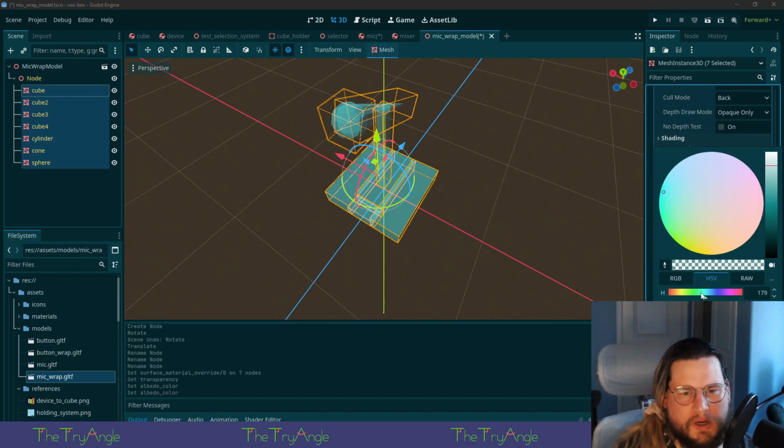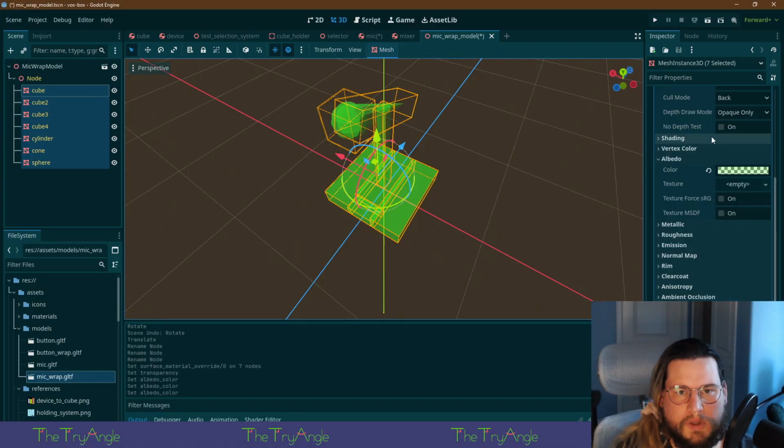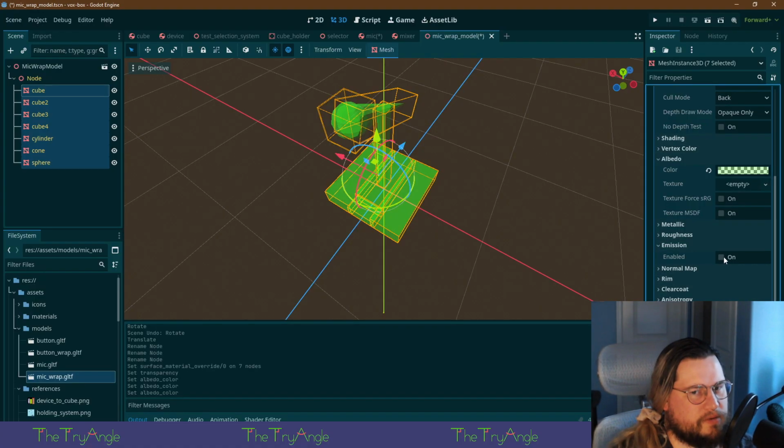Actually, no, I want it to be a lot more striking visually. There we go. Okay. That's color. Now we need to have some emission, though.